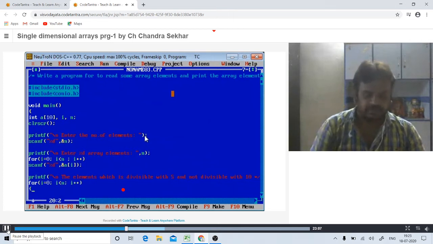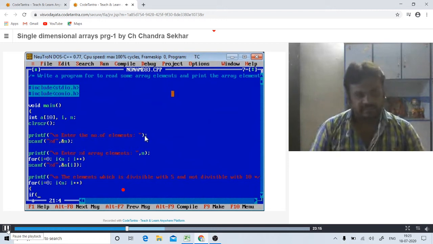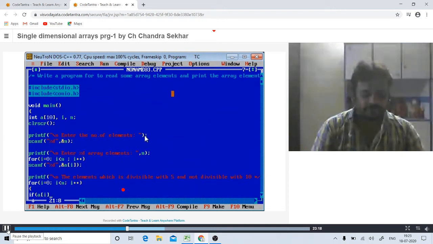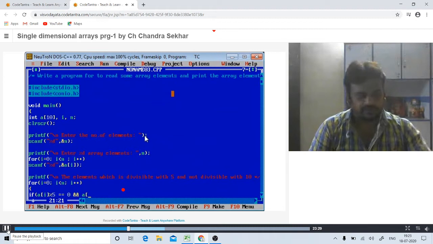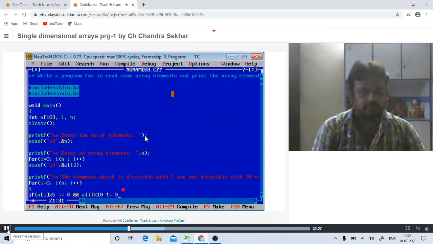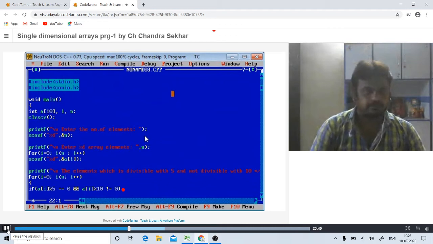Every time after picking the element, check whether it is divisible with 5 and not divisible with 10: if a of i mod 5 equal to 0 and a of i mod 10 not equal to 0.